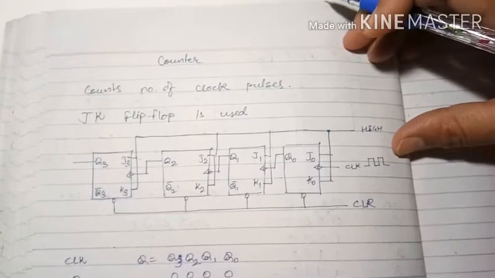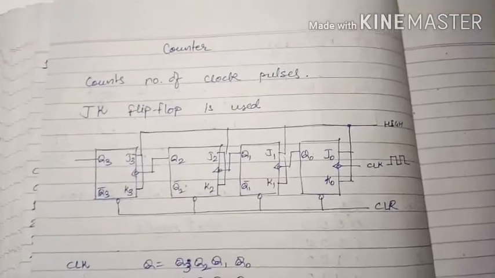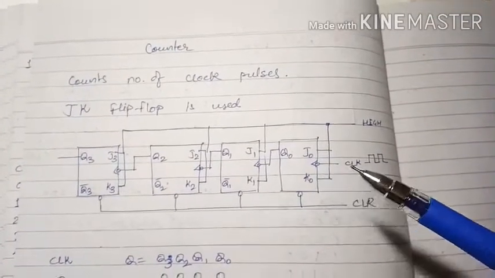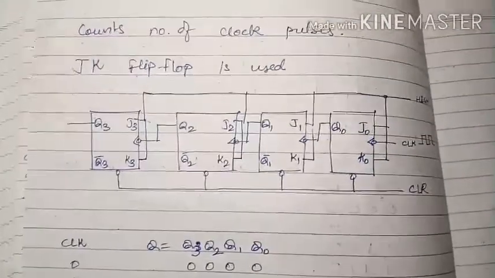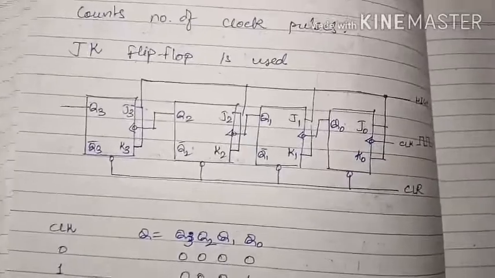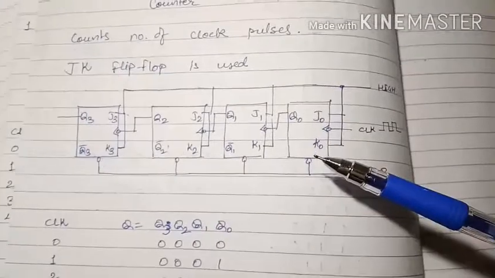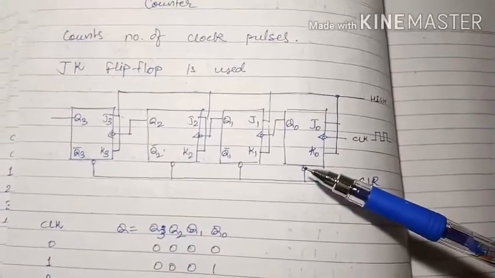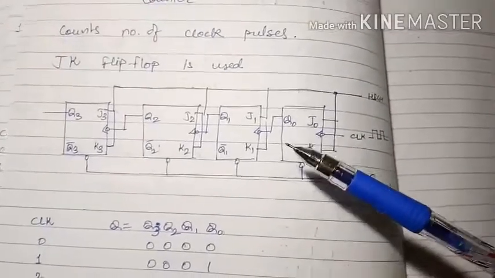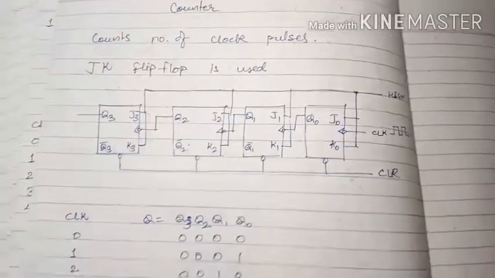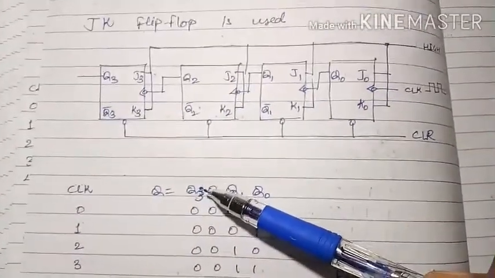So it forms a ripple. So it is known as a ripple counter. This is the basic circuit of a ripple counter. Now consider its operation. Then consider the first flip-flop, J0 and K0. Now visualize the Q as Q0, Q1, Q2 and Q3, just like this. This Q is equal to Q0, Q1, Q2 and Q3.